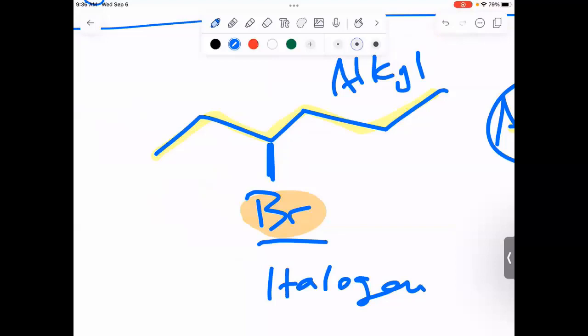I heard a no. Anyone else? Yes. Okay, we got a coin flip. I wish I had a digital coin I could tap. So what causes a bond to be polarized? Anybody? Different electronegativities. The difference